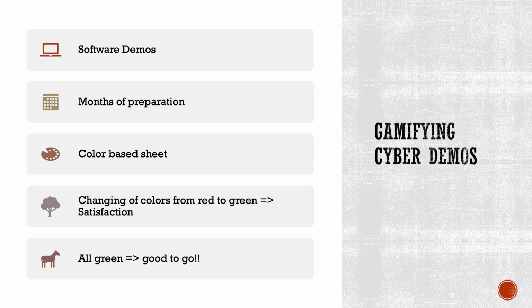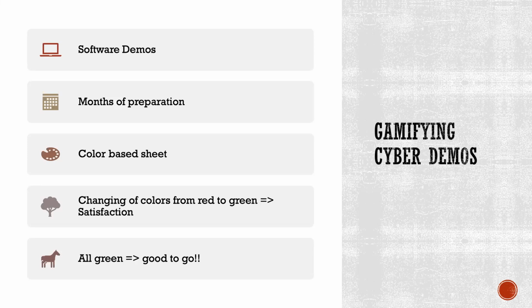So we came up with a simple Excel sheet where we broke down our tasks for the demo, and everything was red on the Excel sheet. As soon as we started working on these different tasks, we changed them to yellow. And as soon as we completed one and we were sure that it works well, all cases have been taken care of, we turned it to green.